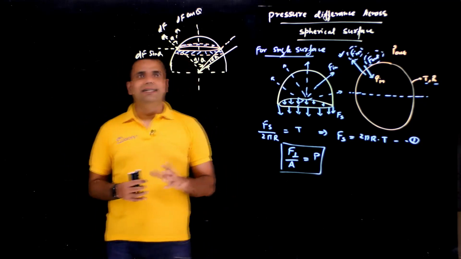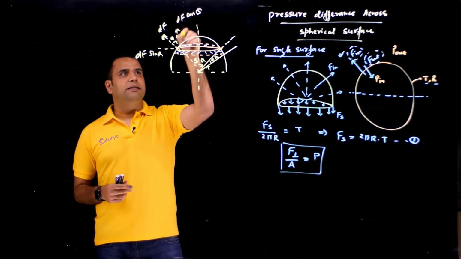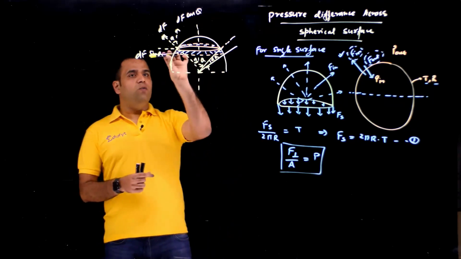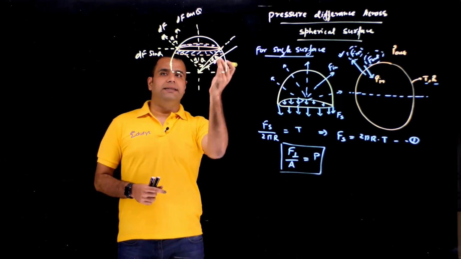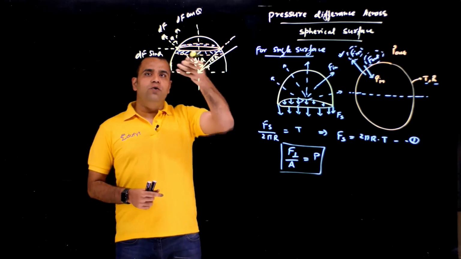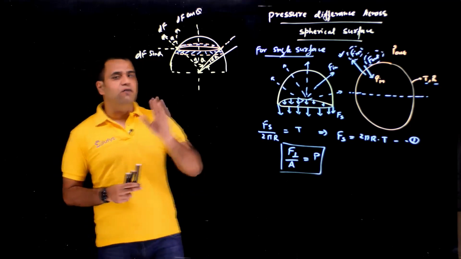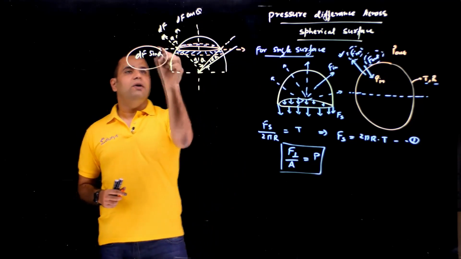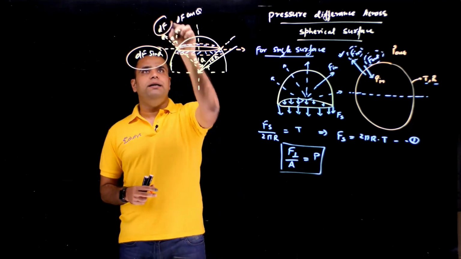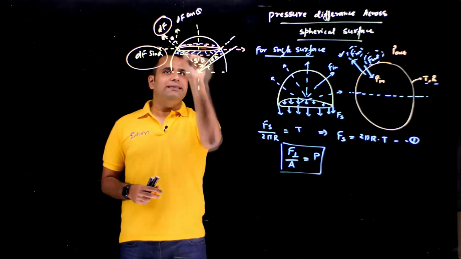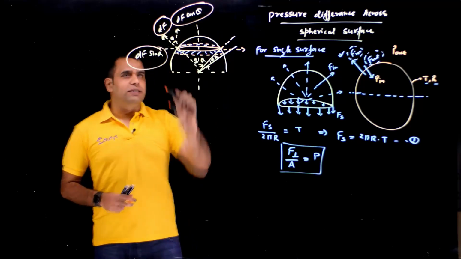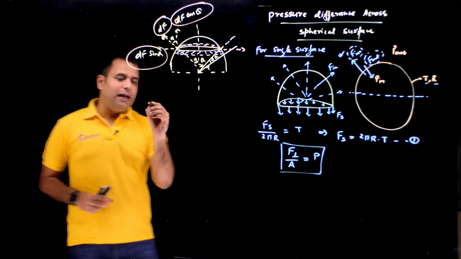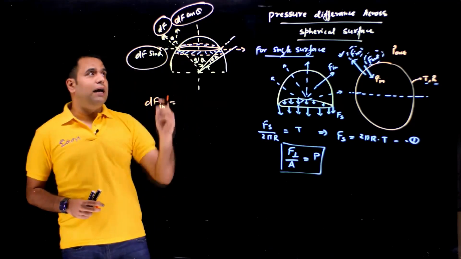Now you can see this dF sin theta is acting in this direction and dF cos theta is acting in this direction. Since we have to go around the whole circle, this dF sin theta will keep rotating, and everywhere it will be dF sin theta. When we go around the whole circle, corresponding to every dF sin theta, you will find an equal and opposite dF sin theta on the other side. So each and every dF sin theta will cancel out each other. When we calculate the component of this force due to the P in on this element, that component will only have this one, because each and every dF sin theta will cancel out and each and every dF cos theta will add. So if I calculate dF in acting on the element,